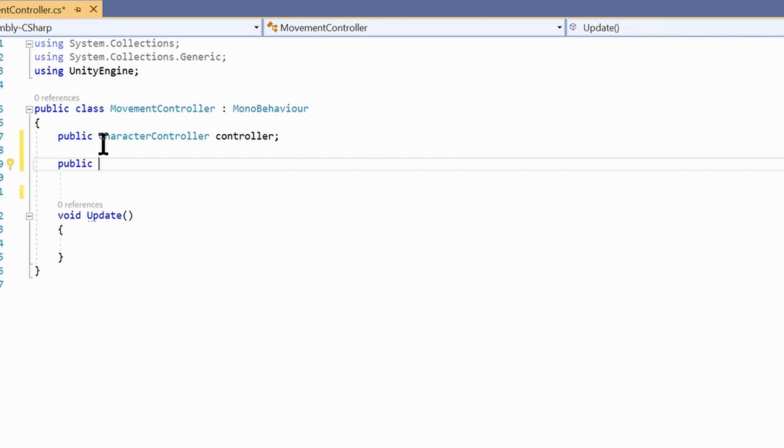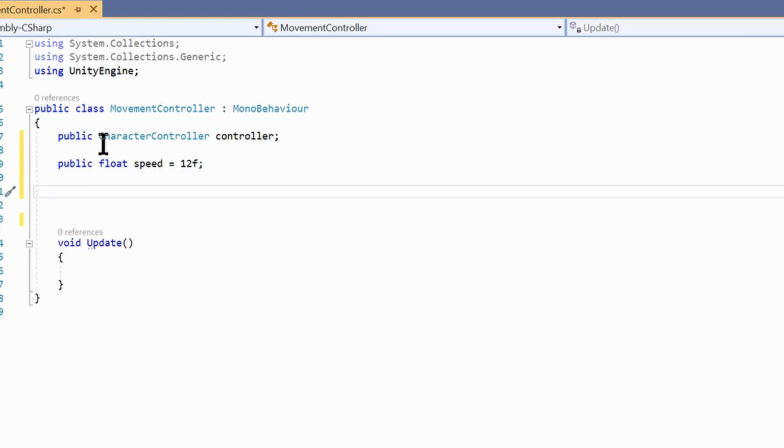So public float speed and we will give it a default value of 12. It is public because then we can edit it in the inspector panel in Unity. Now we need a velocity vector to pass it to the move function.